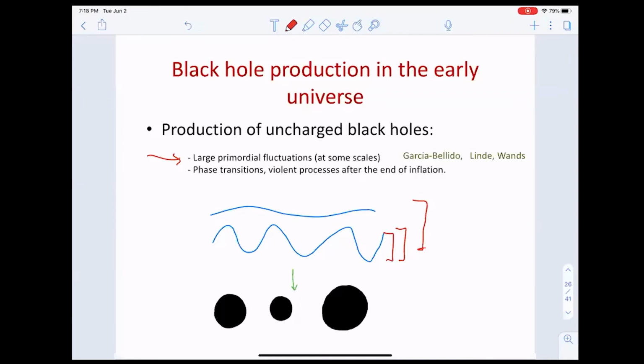And of course, the black holes will not be exactly equal to each other. There is some distribution, but you will tend to form black holes of specific masses. And so this is a mechanism that can, by dialing the properties of the potential, make black holes of various masses. So people talk about making...